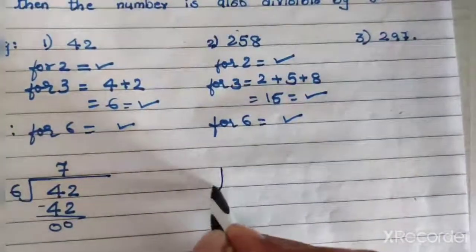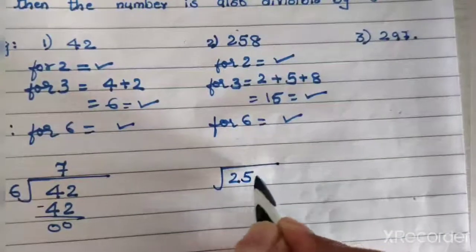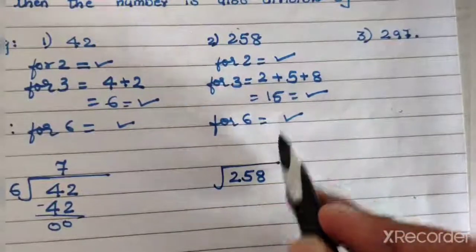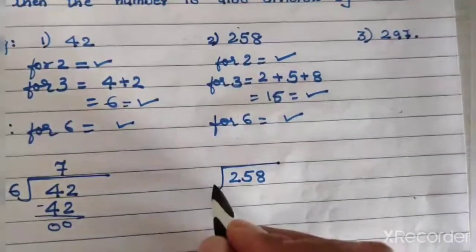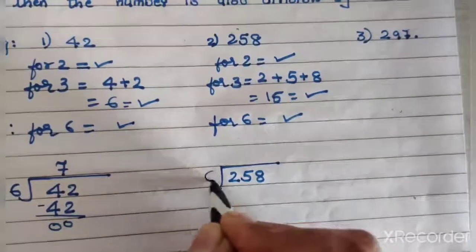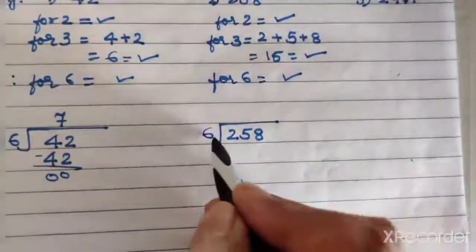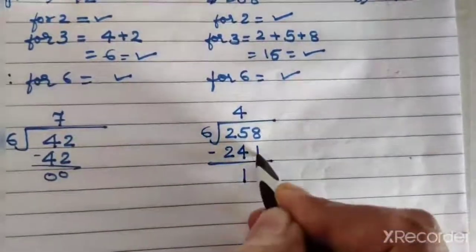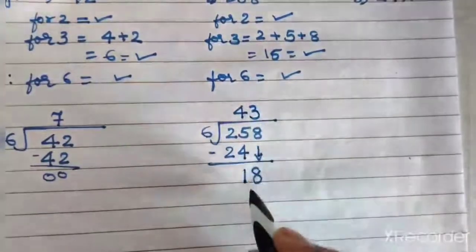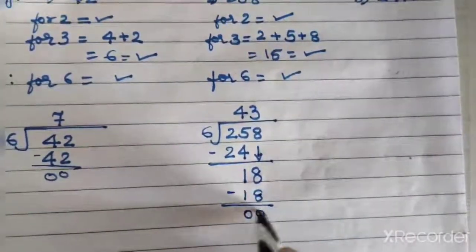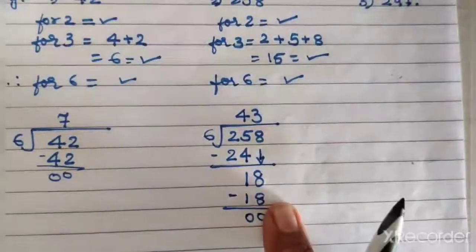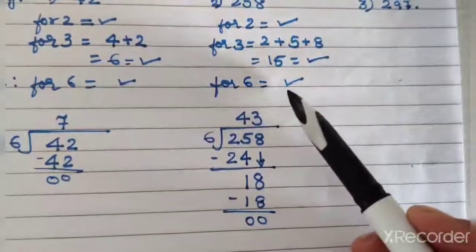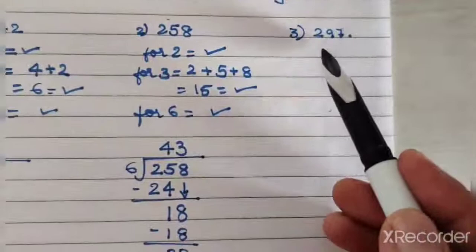Okay, let us check it. I am doing the division for you to understand. You have to only identify like this. Students, you don't have to actually carry out the division, okay? Just for confirmation, I am making you understand this by doing the division. 6 4s are 24. 1 left. 8 down. 6 3s are 18. 0, 0. Could you see, students? Yes, it is completely divisible. So if the given number is divisible by 2 and by 3, then it is also divisible by 6.